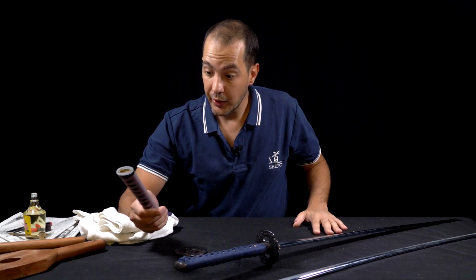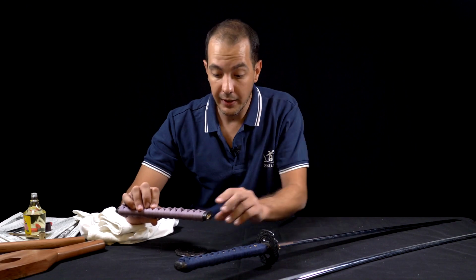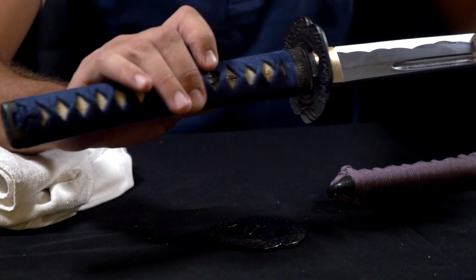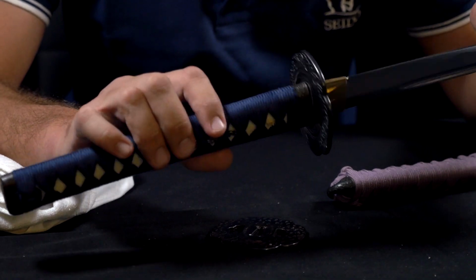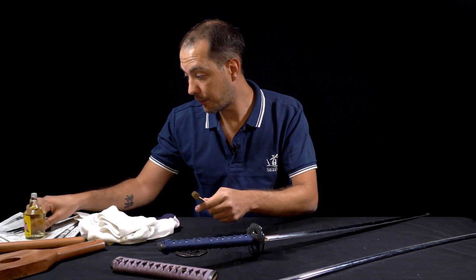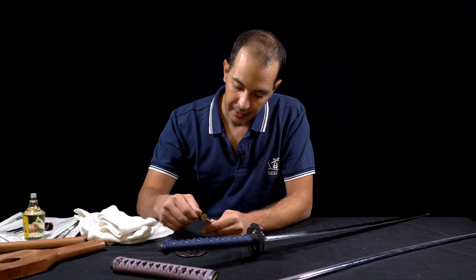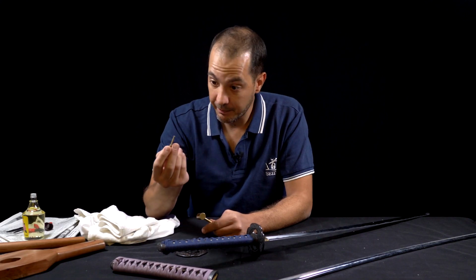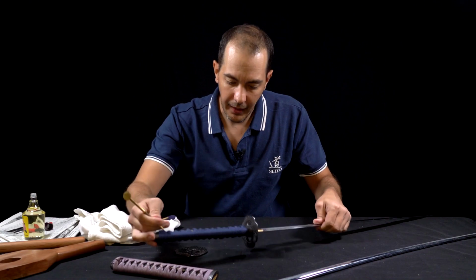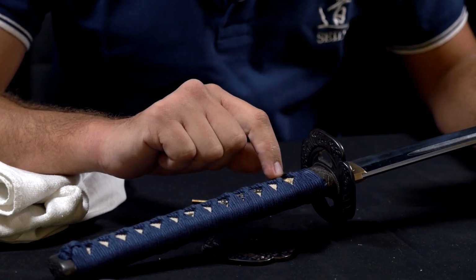So the first thing you want to do is to remove the meikugi. You probably already know that there is a meikugi that comes here, that you can remove fairly easily with a meikugi nuki, which has basically here a small pin and a small hammer. The meikugi comes within the hishigata,